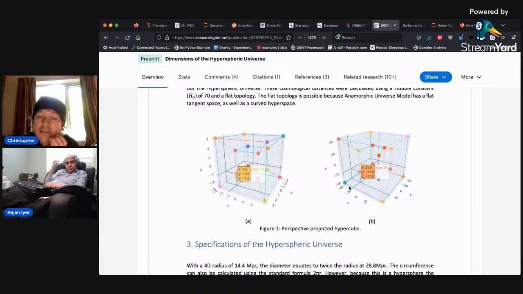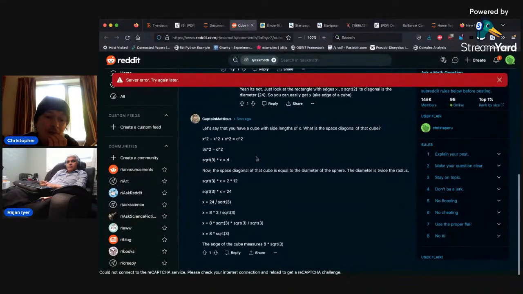We want these points to be sitting on the hypersphere and then projected onto the tangent space. There's a very simple equation that'll solve that problem. If we're using a unit sphere and the radius is 1, then the diameter 2 divided by the square root of 3 equals